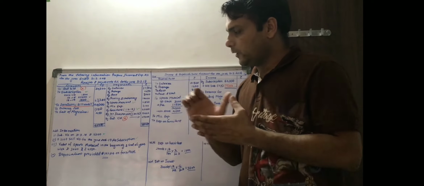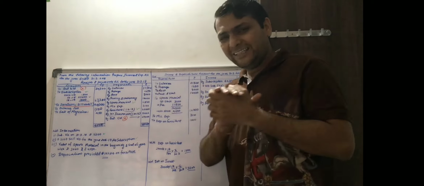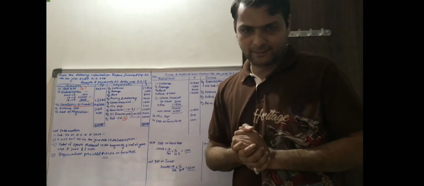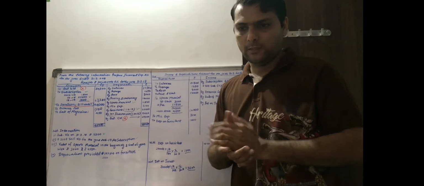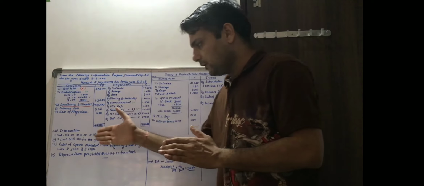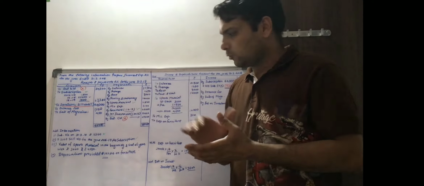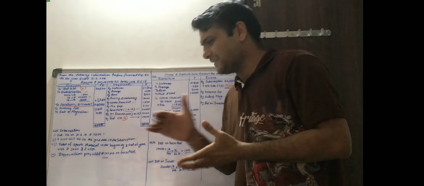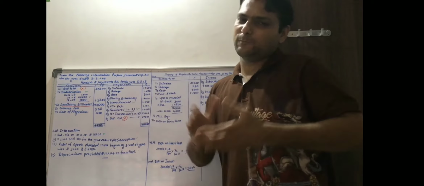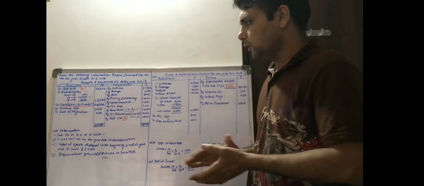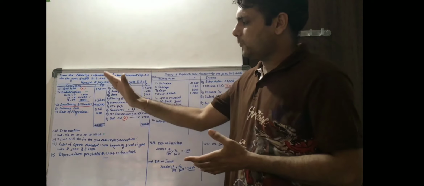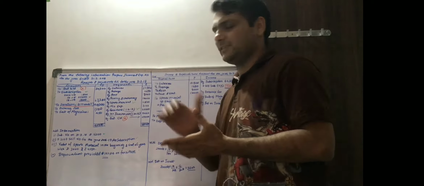Okay, so here I am taking a very simple question, not too many adjustments, only 3 to 4 adjustments, because the board has already mentioned a maximum of 3 to 4 adjustments, additional information with respect to subscription, expenses, consumable items, or depreciation, or sometimes specific fund related items. So here we have to know how to prepare the income and expenditure account from the information given in the question as a receipt and payment account.